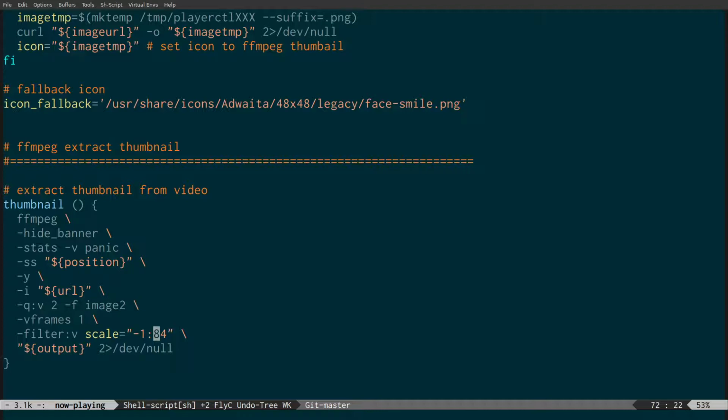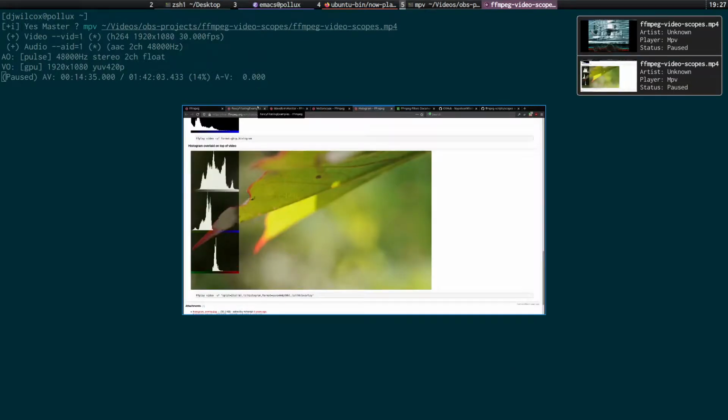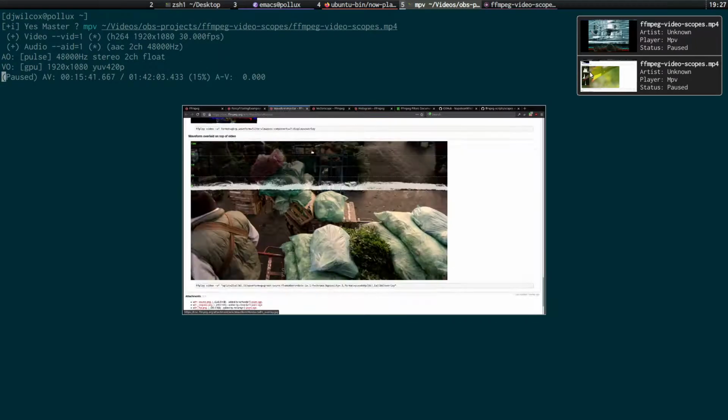And again, rather than trying to set a width, which might skew the image or anything, doing it this way basically means the height's always going to be the same, but the width will be different. But that's fine because it's not going to break the pop-up. So let me just come back across there. So that's how we basically can get the playhead position to create these dynamic thumbnails, which is really nice because you can see the exact point you paused